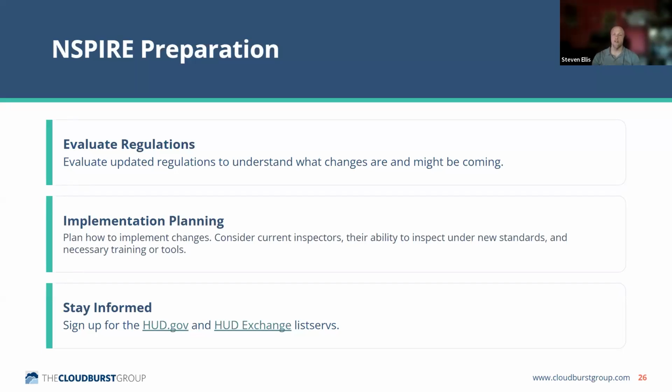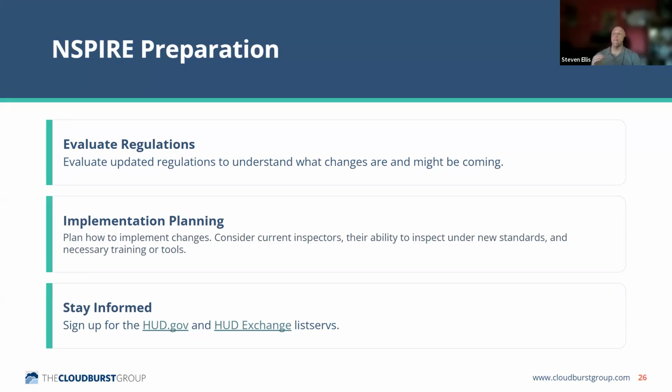So make sure there's enough budget across your leasing and rental assistance budgets to give staff a little more time to do inspections. Most of the implementation notices have also said that you can charge training time to those budgets. Once again, I don't want to tell you yet that's going to happen for COC, but it's been uniform. So make sure there's some wiggle room across your budgets, because if budgets are tight, that's going to make NSPIRE implementation even more difficult.